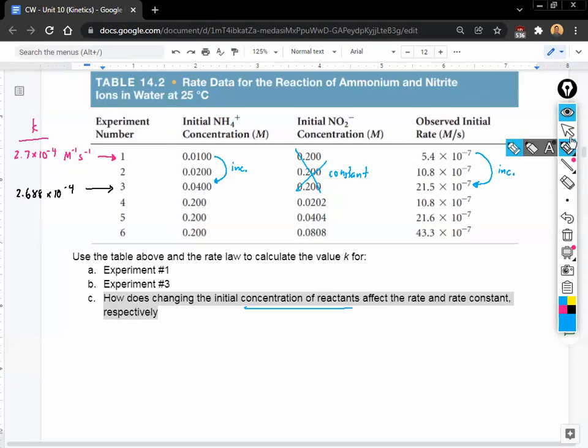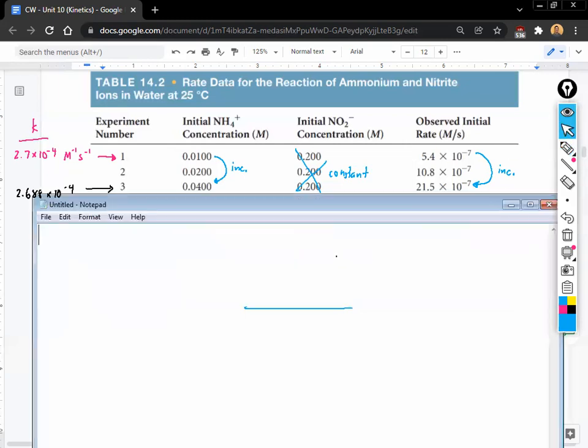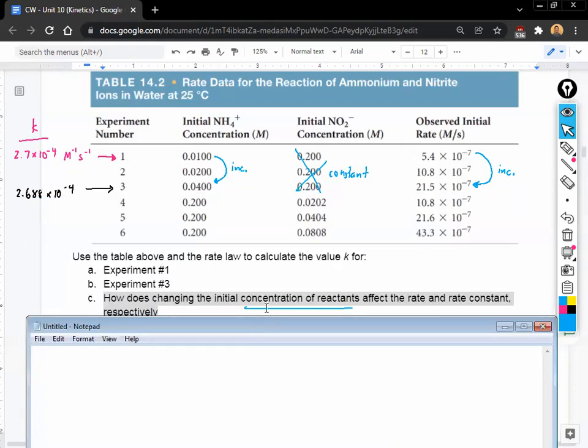Okay, so we can actually write the first part of our sentence or our explanation right here. We can say that as the